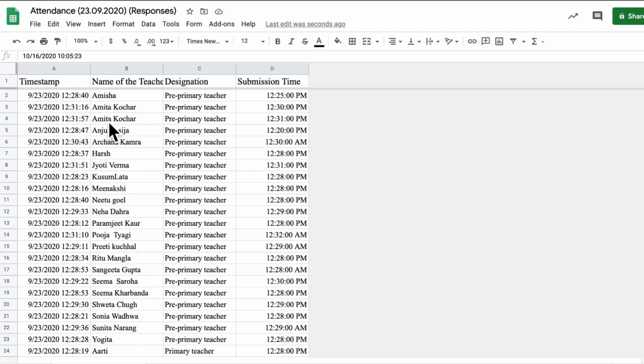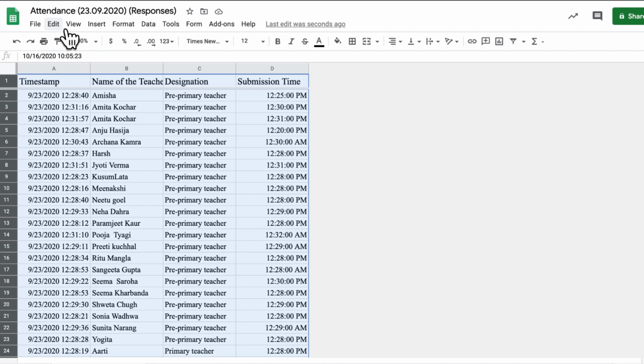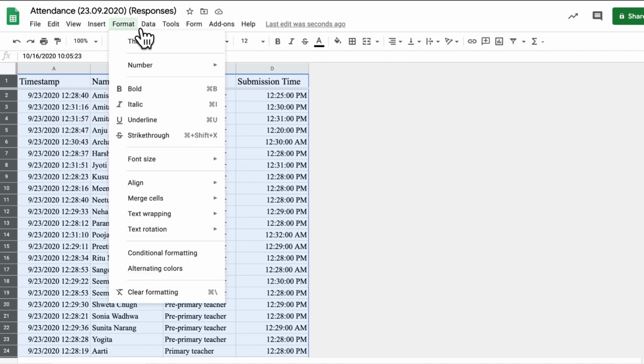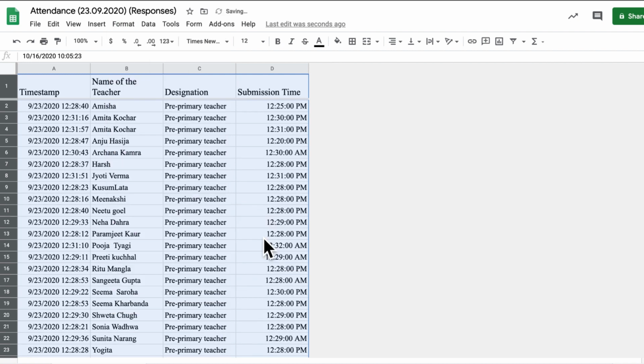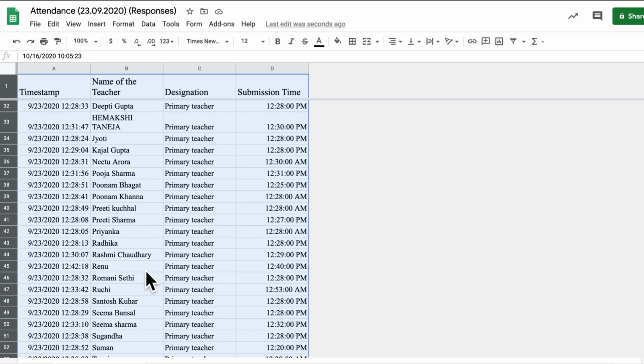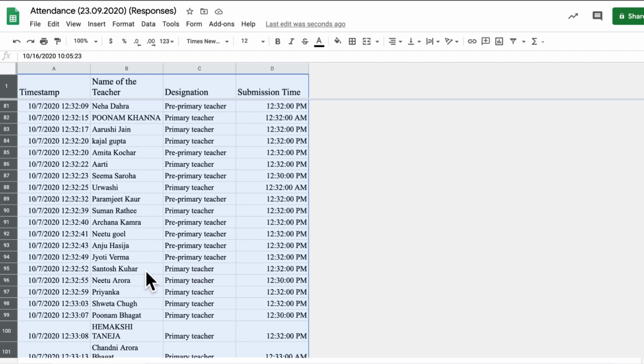Now you can see here, after increasing the font size, some of my text is not appearing properly in a cell. For that, as we learned in our earlier session, we use text wrapping. We will wrap our text so that our text will fit in a particular cell. So for that, we click on Format menu, and from there click on text wrapping option and choose wrap. It will wrap the text of your whole document. As you can see here, it automatically fits the text in cells of your document.